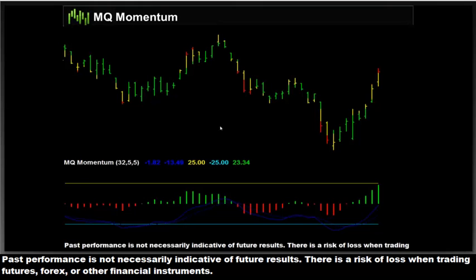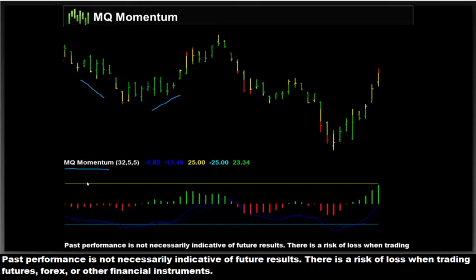The tool that we're going to use is the MQ momentum indicator. What MQ momentum does is it seeks to gauge the momentum of a market, which is basically the strength of a market as it moves in one direction or another. Now this is very similar to a moving average convergence divergence indicator, MACD, or some people call it MACD, but MQ momentum is actually a proprietary indicator designed by Mark Helwig. Now Mark took components of his favorite momentum indicators and basically created a hybrid that kept the most important momentum